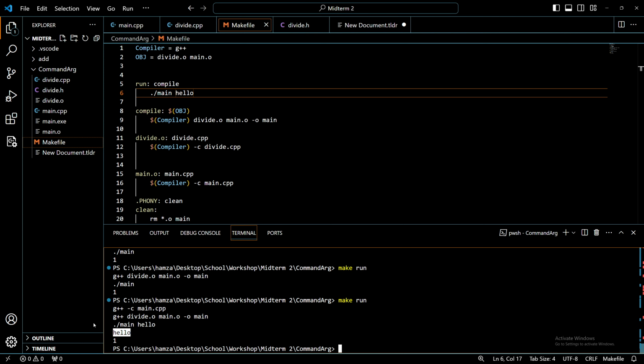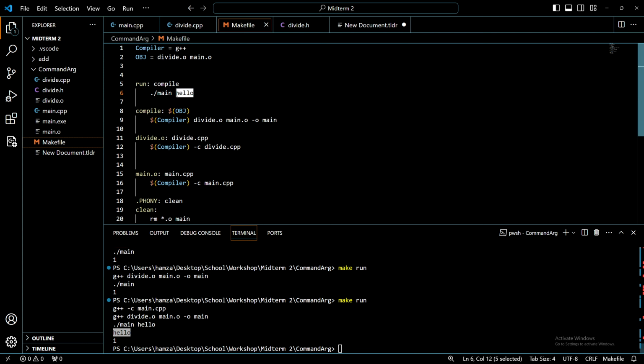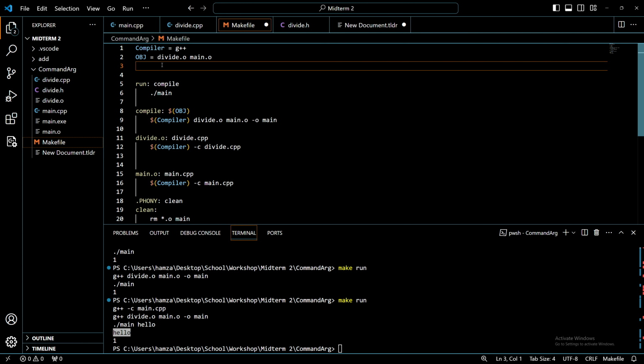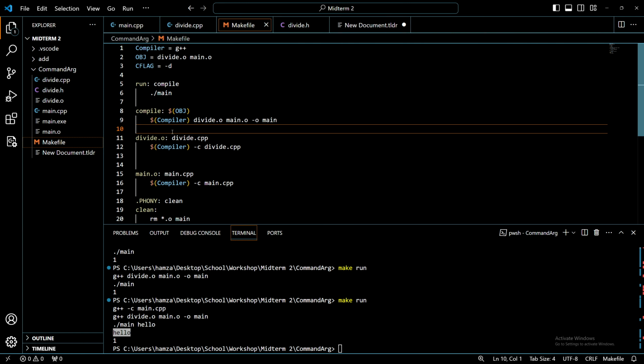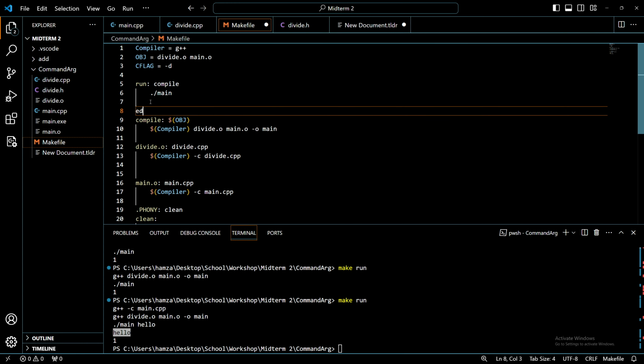Now, why would this be useful? Let's say I'm gonna make a flag of my own. I'm gonna create a new flag. I'm gonna name this C flag equals -d, right? Just simple. And I'm gonna make a new thing called debug. So here I'll have it under here. I'll do debug,